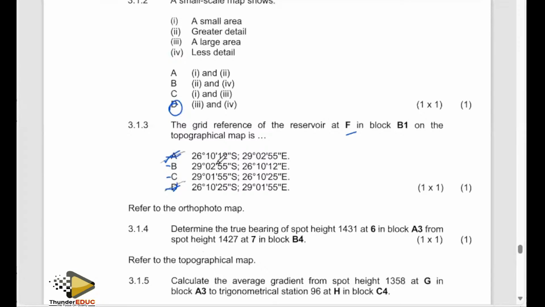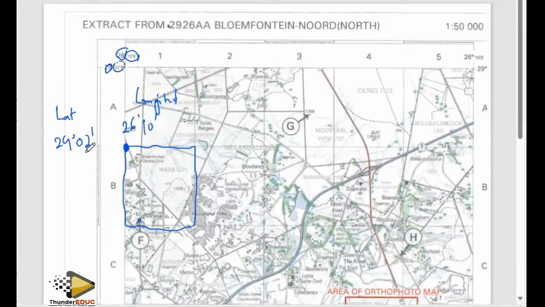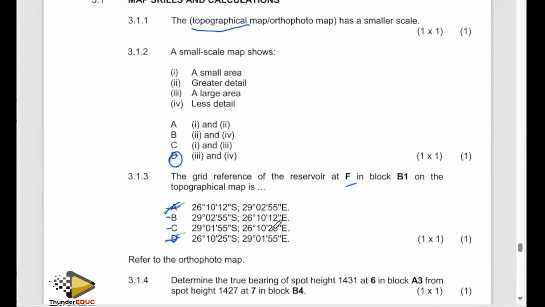So we have 2902, the same as what we have identified here, 2902 and 2610. 2902 is here, 2610 is here. So automatically, this is the correct response without wasting time. Without doing calculations, this is the correct response because the minute is wrong for this one and the minute here is correct, but the minute here has also made this one a wrong response. So without even calculating, you are going to get your answer by just analyzing the minute and the degree and the minute values without even calculating the